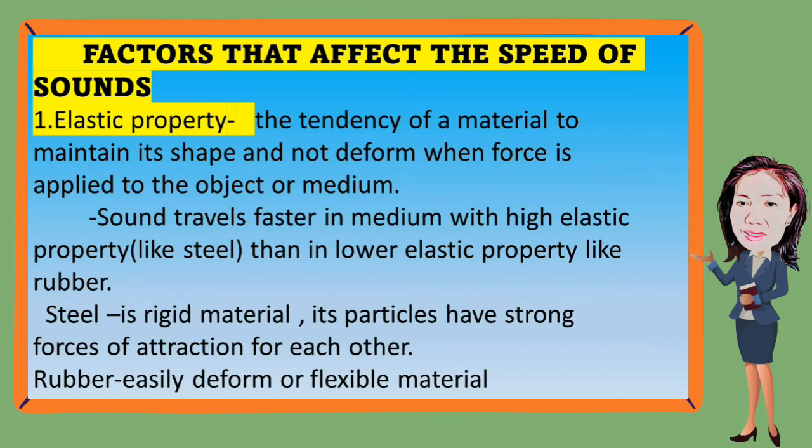Diba? Kasi the sound travels in the tin can, which is solid, more high elastic, to the string, and then next to the next person. So sound travels faster in high elastic, which is the tin can and the string, compared to the low elastic, which is the air or the gas. Another factor that affect the speed of sound is the